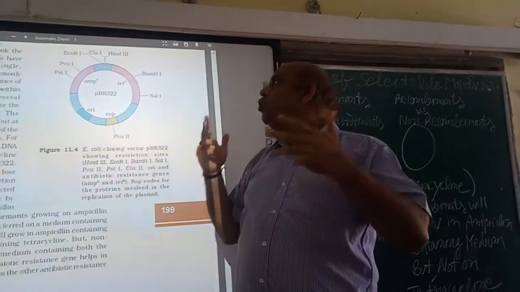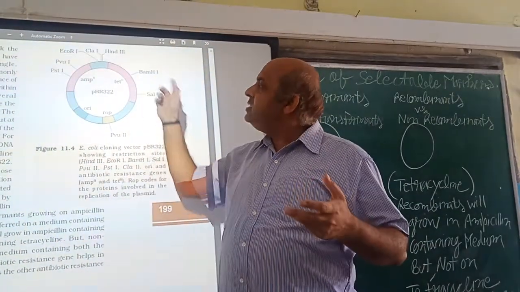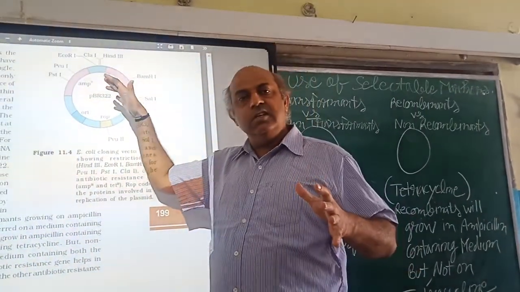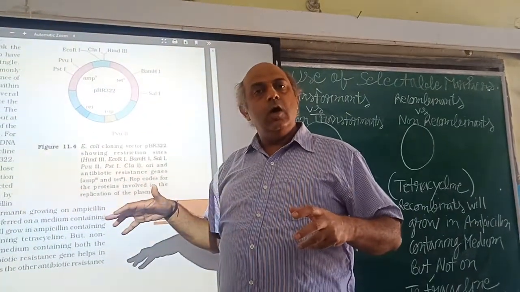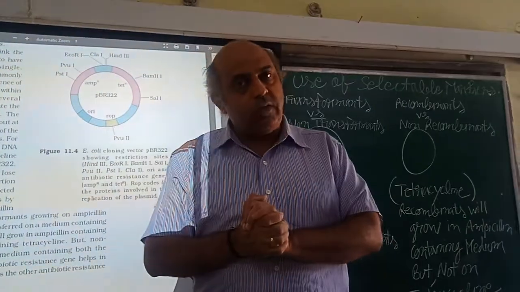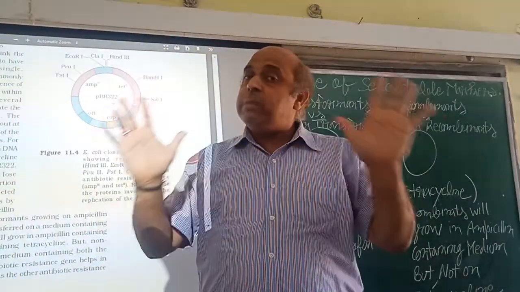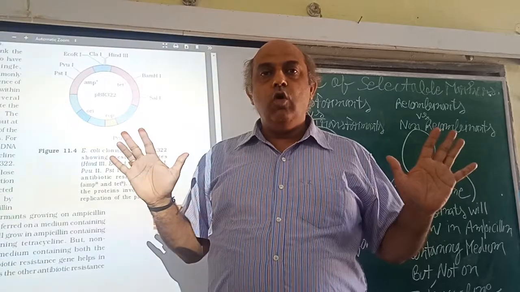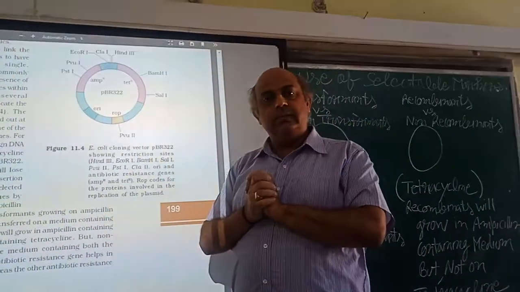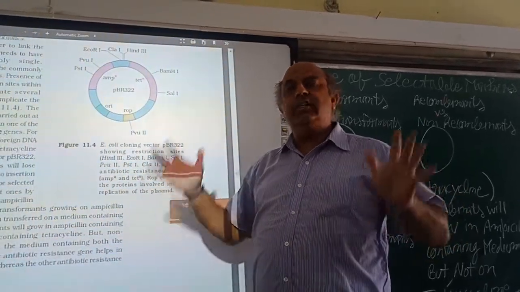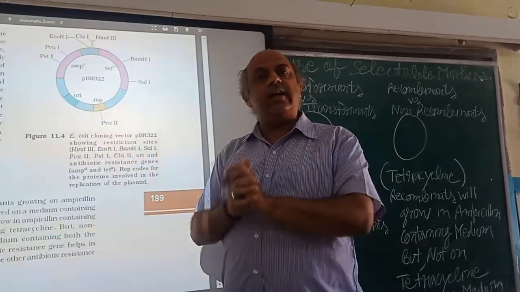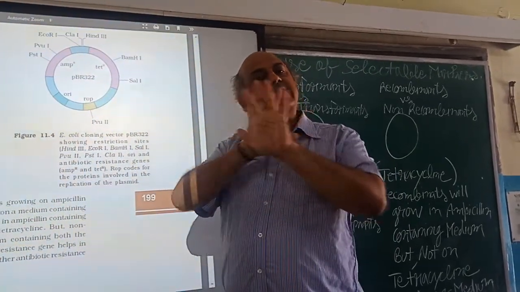As we have two types of plasmids, one is the intact plasmid and the other is the plasmid having foreign DNA in it, we have to enter these plasmids into the bacteria for transformation. There will be three types of bacteria. One type of bacteria will have the intact plasmid, and these bacteria will have resistance against ampicillin as well as resistance against tetracycline. We are not interested in these bacteria.